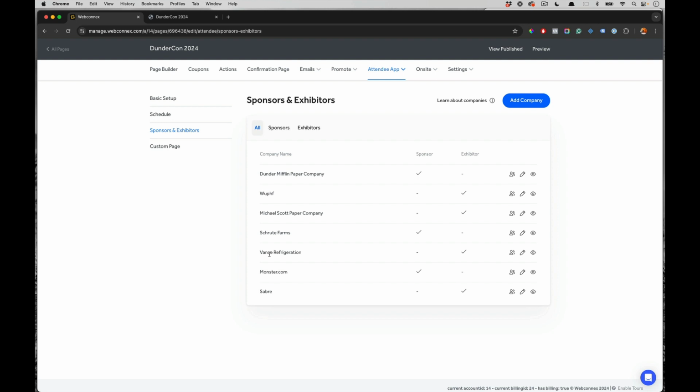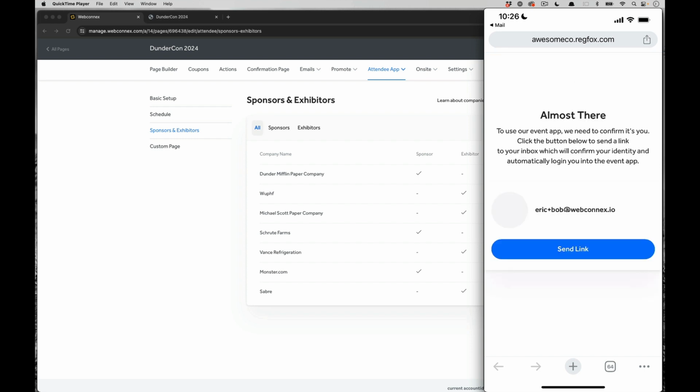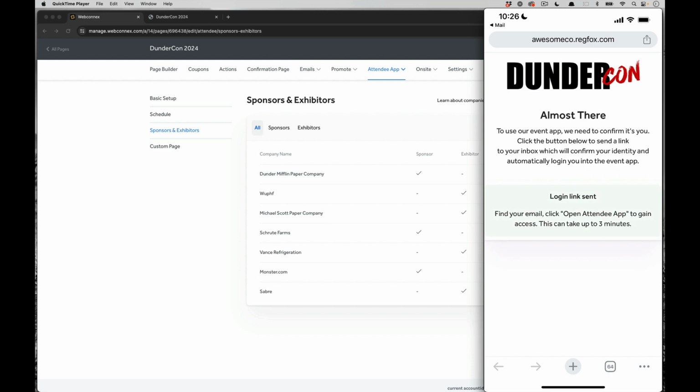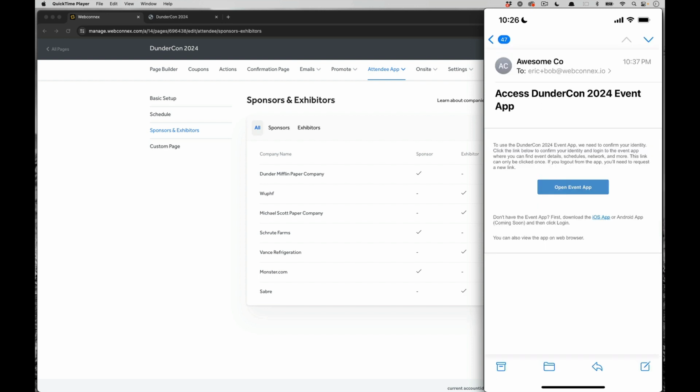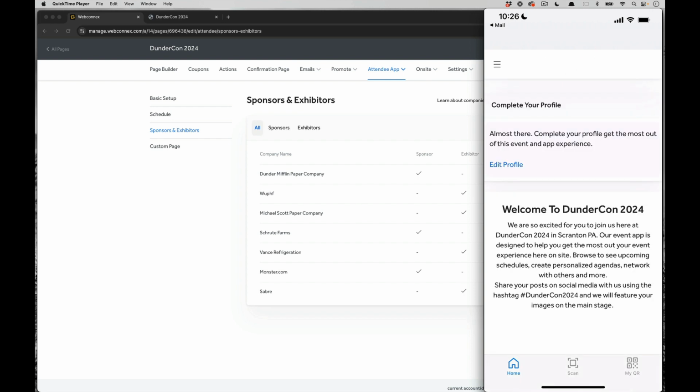I've kind of cheated and gone ahead and already completed the profile, but now Bob can log into the Attendee app using the same kind of authorization workflow from his inbox and enter into the Attendee app as that exhibitor. So pulling up my phone here is my email. I have been invited. I'm going to hit complete company profile. This is going to launch the Attendee app. It's going to ask to verify that I'm really me. I'll hit send link, and now it's going to send me back to my inbox to click a link. My email's here. I'm going to hit open Attendee app, and now I am loading in as Bob Vance in